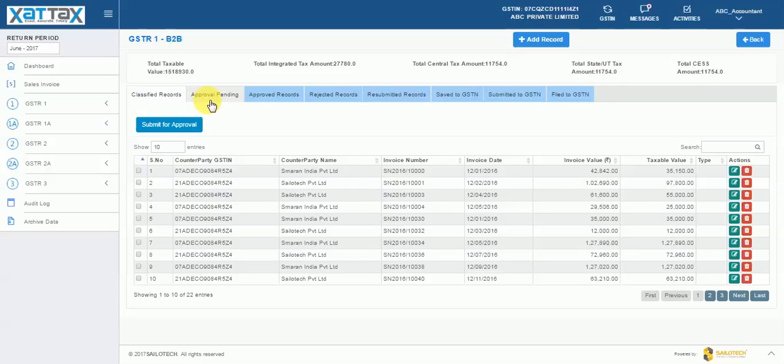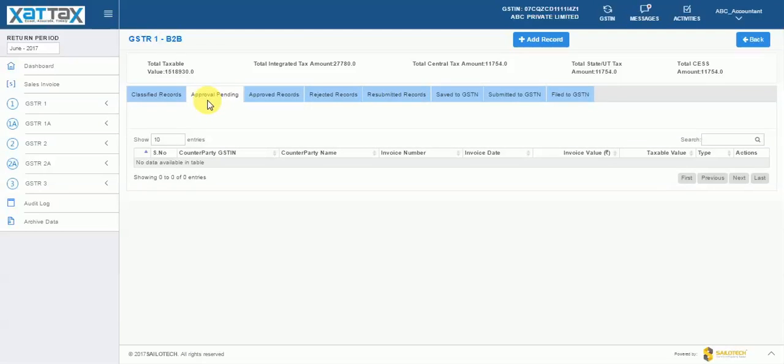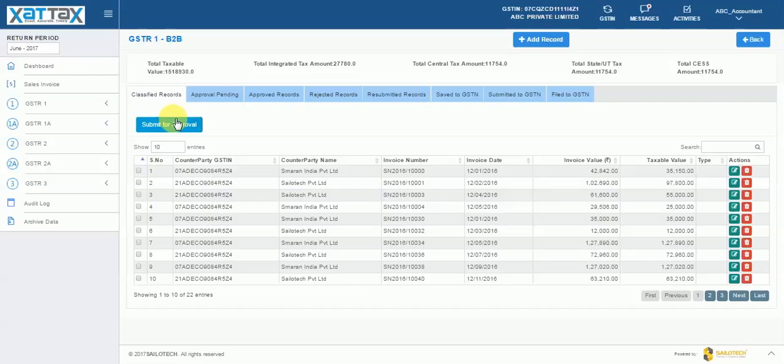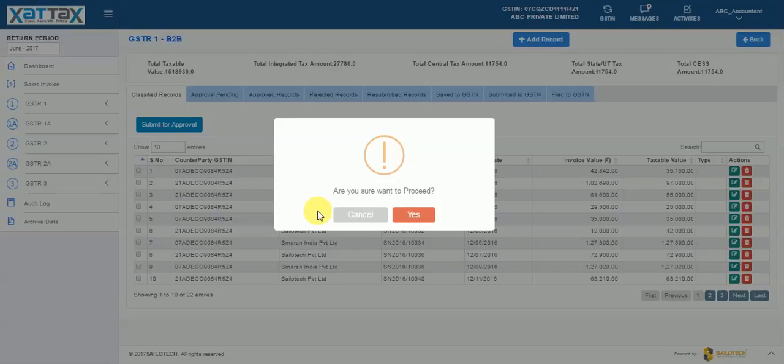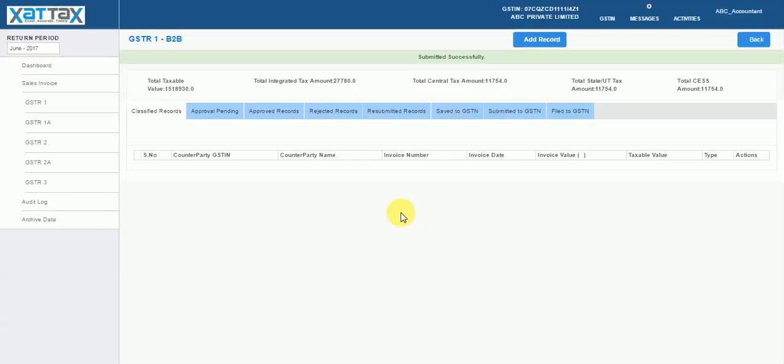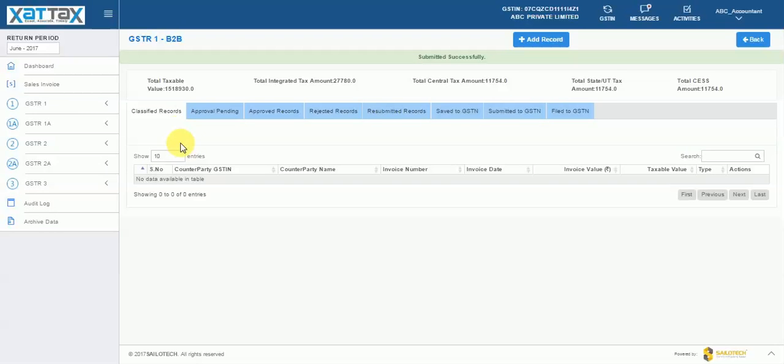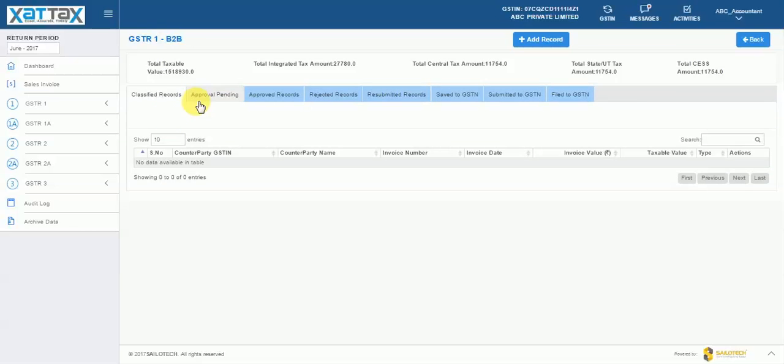Right now, there is nothing in the Approval Pending tab because he or she hasn't submitted any invoices for approval. So, once the accountant clicks this button, a message is notified asking whether he or she wants to proceed or not.